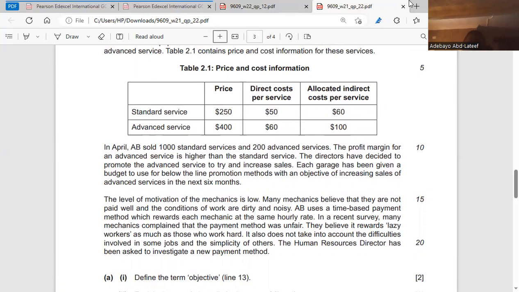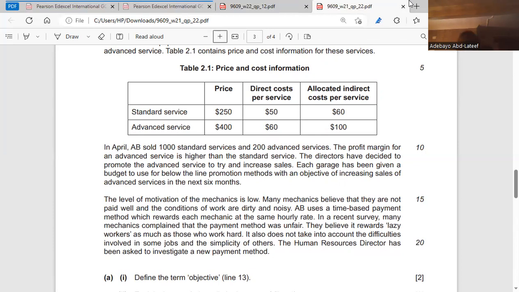Our total revenue is price multiplied by quantity. The price is $250 multiplied by the quantity, which is 1,000. So our total revenue for standard service is 1,000 multiplied by 250, which is 250,000. Clear. Then the cost for standard service is, we have the direct cost, which is 50, plus the allocated indirect